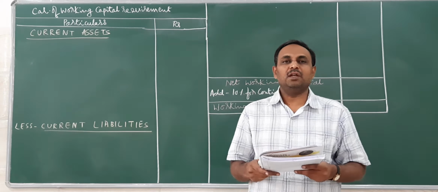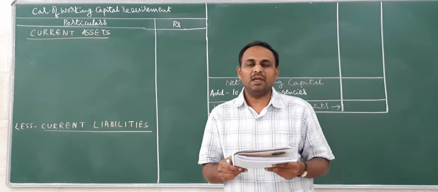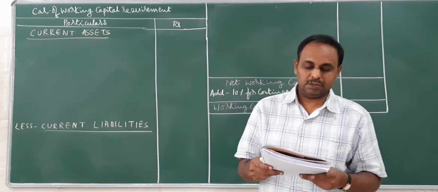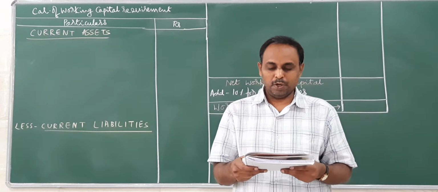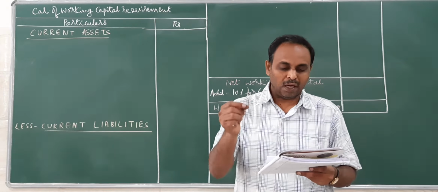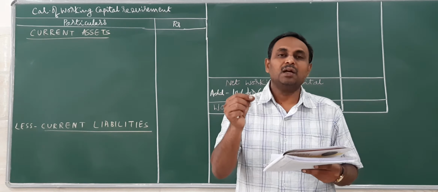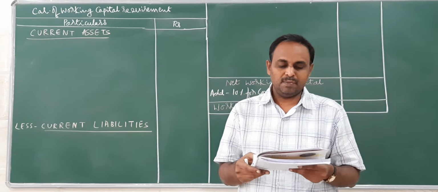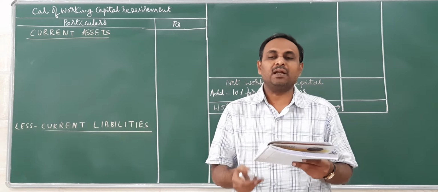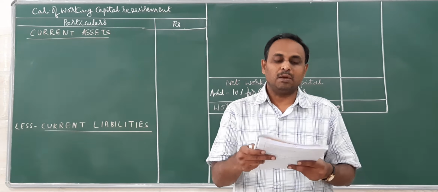Students, let us start with a new problem today. So I'll be working a little bit different problem again with a little bit of different information. In this problem you are going to see that the working capital is to be calculated for 1 year, and you have to add 10% for contingencies as earlier. You have some information directly given, some of them are not given directly. So have a look at it one by one.